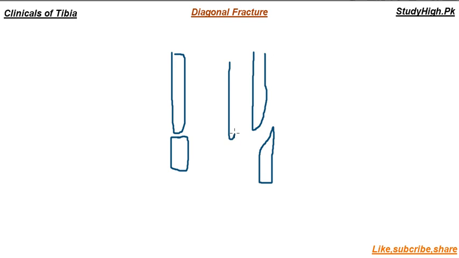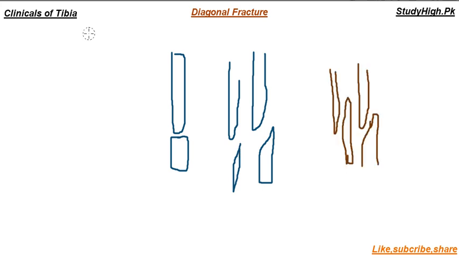And this is a diagonal fracture in such a way that the fragments may override each other. As a result of this diagonal fracture, there is a diagonal breakdown of the tibia and the fibula. The fractured fragments of the tibia may override each other, one in a downward direction and the other in an upward direction. As you can see, the normal length of the tibia is here. After a diagonal fracture, when the fragments override each other, their length will be reduced.